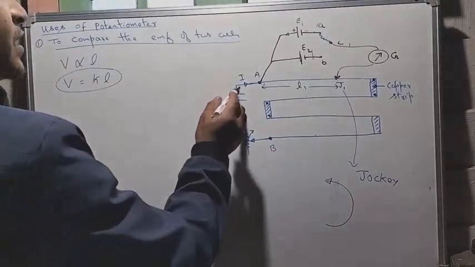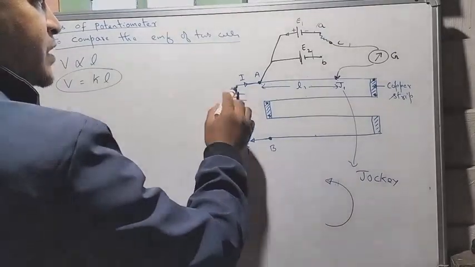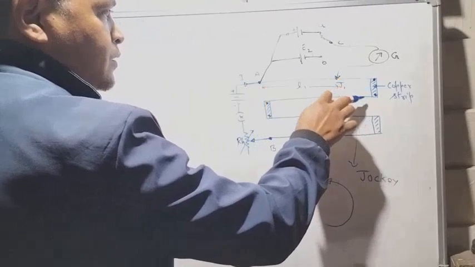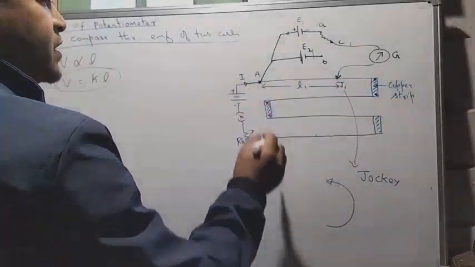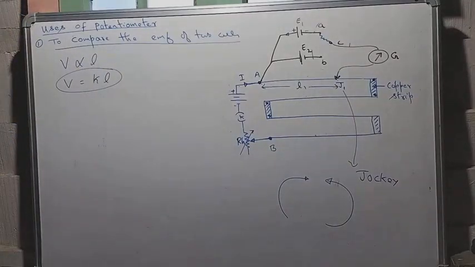But looking at this current I, which is sent by the battery, this current I is flowing through the wire in this direction, which means the opposite direction, the clockwise direction. So now, out of these two currents, which current will flow through the wire? For that,